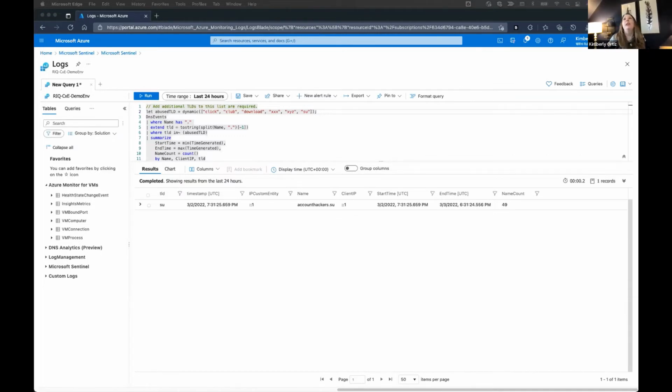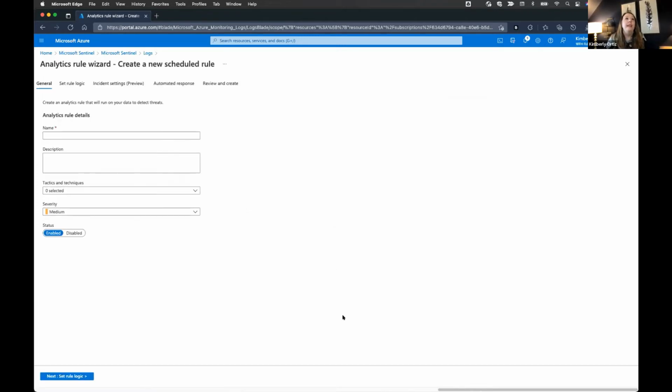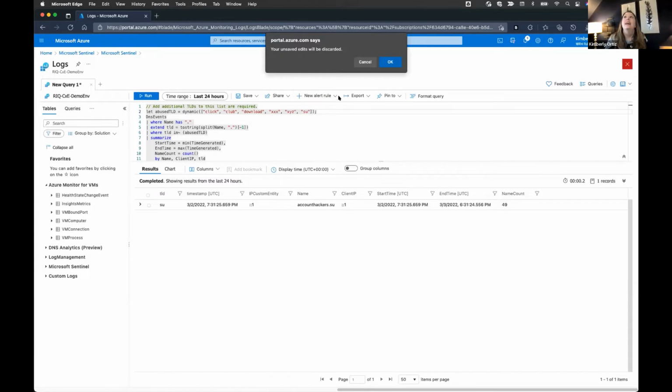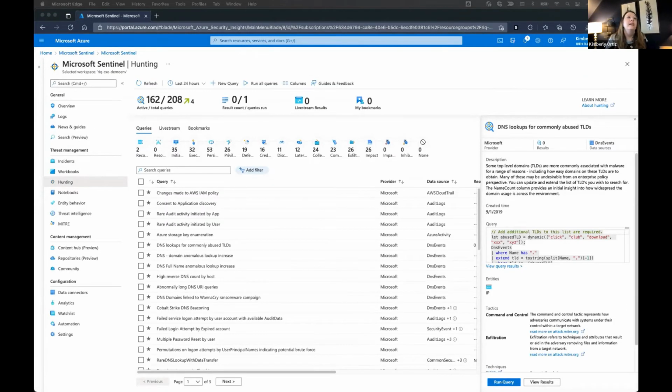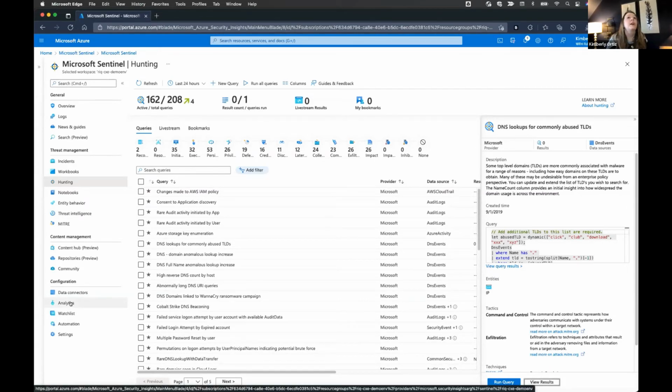To do that from here, what you would do is go up to this new analytic rule dropdown, and then I would say, create Azure Sentinel alert. This is going to pop me into the wizard where I actually define the criteria for running my rule, like when I want it to run and how I want incidents to be generated from it. I'm not actually going to do this because I, of course, have already set it up for you. So let's back out of here. Okay, and then really quickly, if I come down here to analytics, I can show you where those rules are.